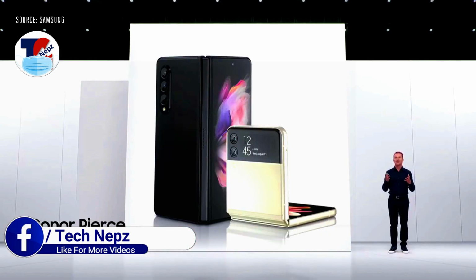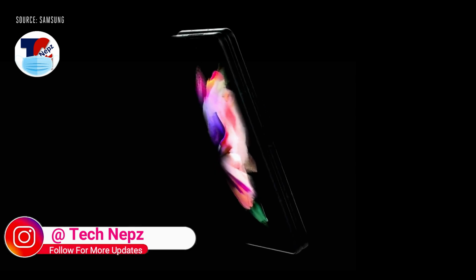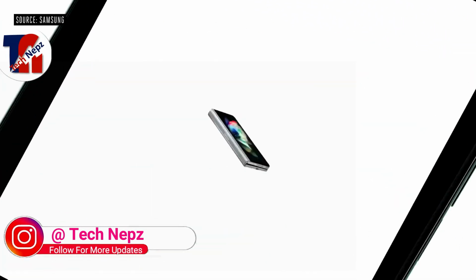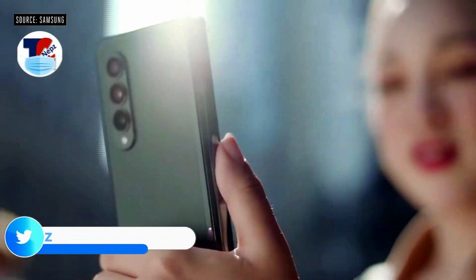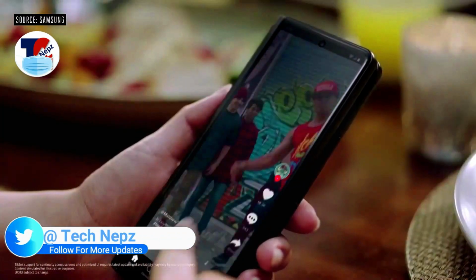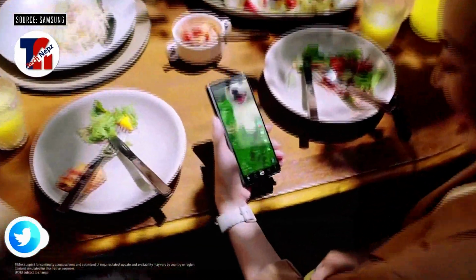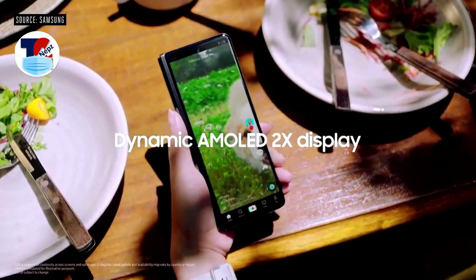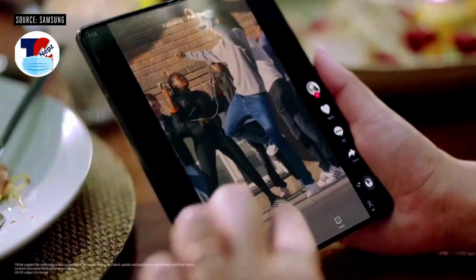We're introducing 2 new foldables that you will love, starting with Galaxy Z Fold 3. When closed, Z Fold 3 looks and works like a standard smartphone. You can glide across your screen as you scroll through with a 120 Hz refresh rate. And with a dynamic AMOLED 2X display, these high-quality visuals continue on the main screen, which has the same refresh